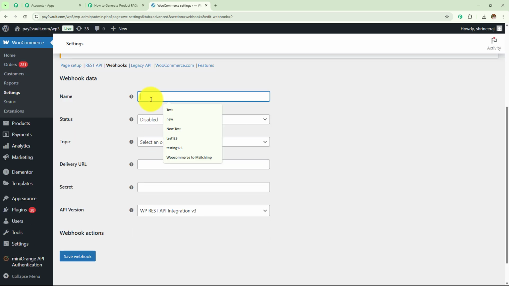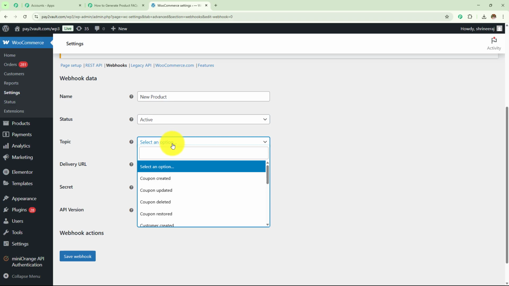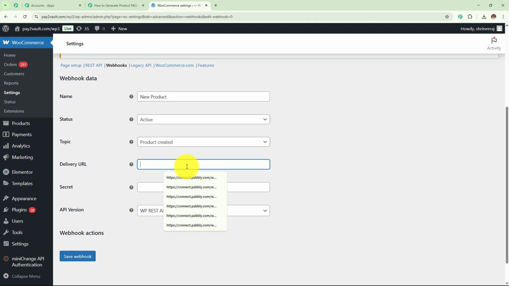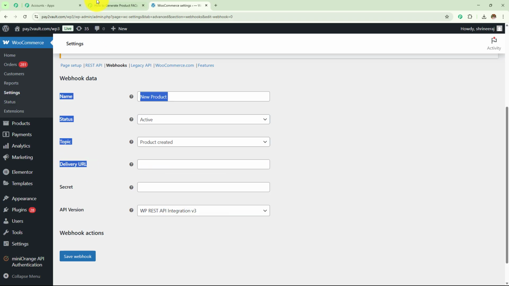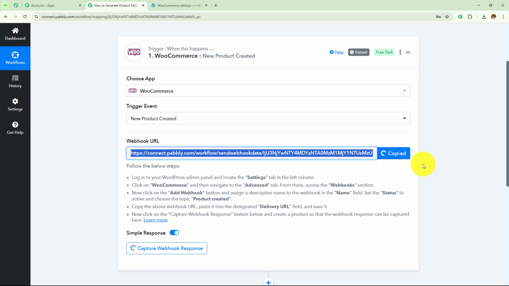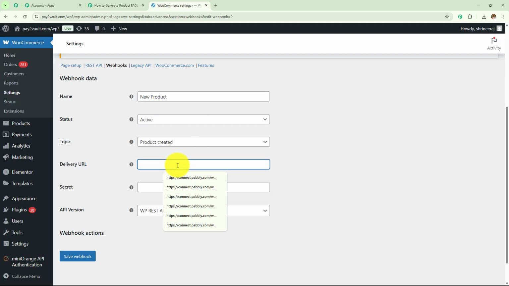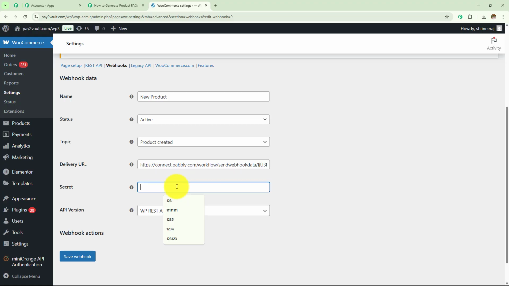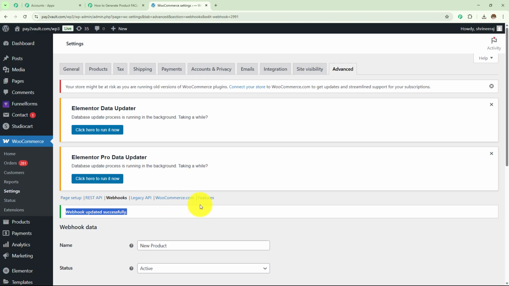And first we have to name this. So let's say the name of this webhook is new product, and then the status is active. The topic is product created. Here I'm going to select my topic as product created, and then in this delivery URL, I need to enter the webhook URL which I was provided in my Pabbly Connect workflow. So here I'm going to enter this delivery URL, and then I'm going to enter the secret. In the API version, I'm going to select the latest API version, and now I'm simply going to click on the save webhook. So here the webhook updated successfully,